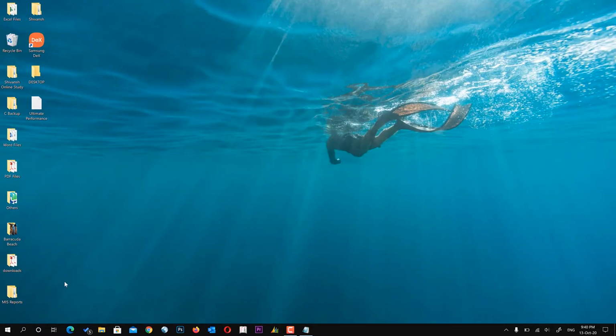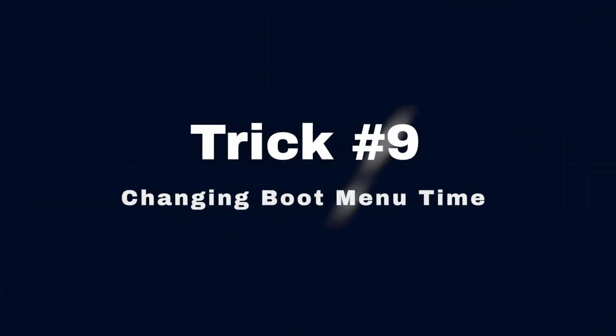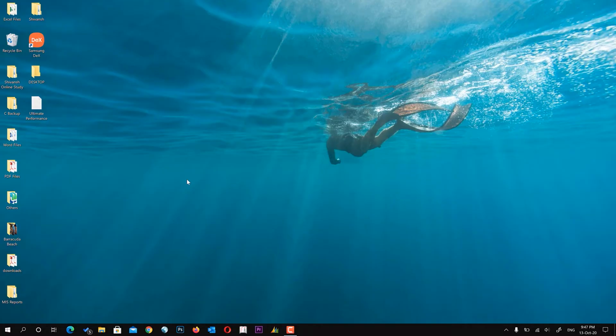We need to sign off from Windows. Once you sign off, Cortana will stop working. Now the next setting we are going to change is in the boot menu. We are going to reduce the boot menu time. When your computer starts up, the boot menu displays for a certain amount of time before the operating system loads. This gives you the time to do things like start Windows in safe mode. However, you can still save a few seconds by changing the boot menu timeout.